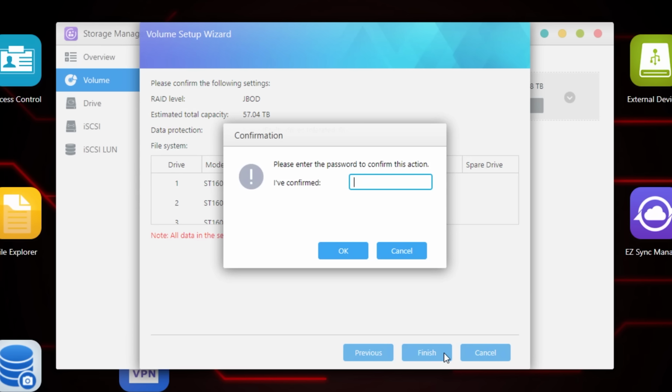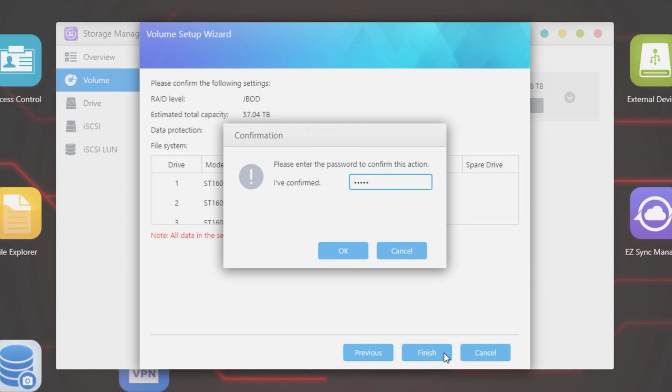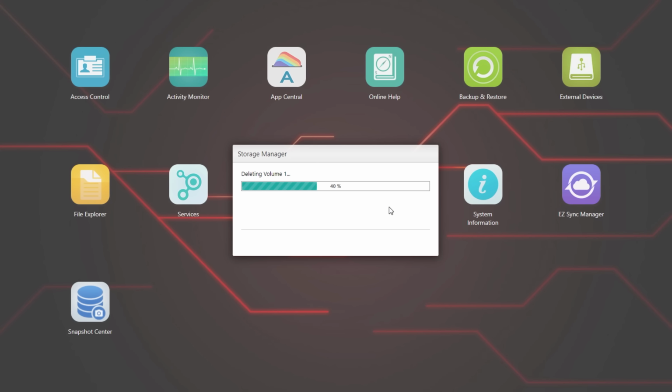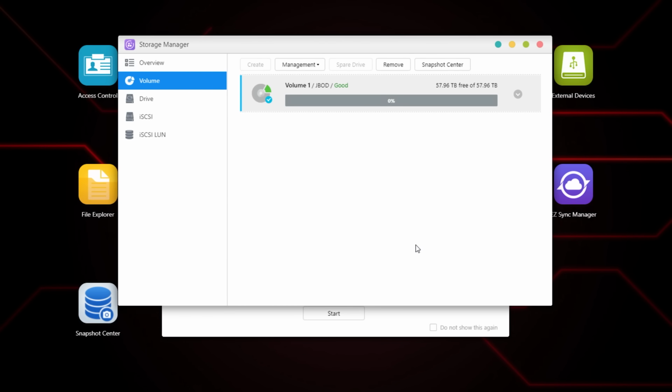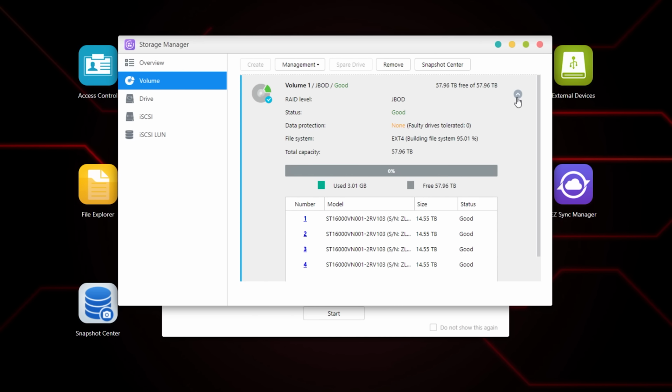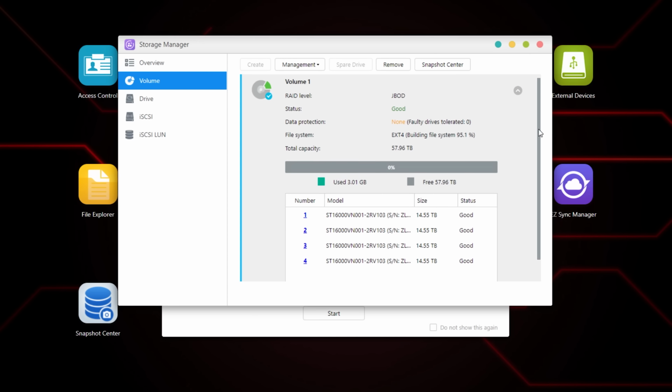A process like this will erase all data currently on the drives, by the way, so make sure you've moved important documents elsewhere. And after a few minutes, we'll be able to hop back into Storage Manager here, confirm that the new volume is in fact available and in great shape. All that's left to do now is map the volume so that we can easily access it from any PC